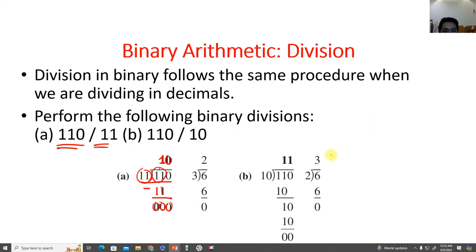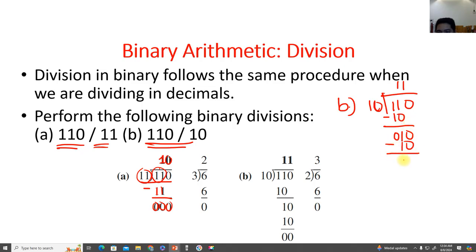Okay. So again, for number 2 or letter B, we are going to divide 1, 1, 0 by 1, 0. Okay. 1, 1, 0. So 1 first. 1 times 1, 0 is 1, 0. So you have 0 and then you have 1. Bring down another 1, so you have 1, 0 minus 1, 0 would be 0, 0. So that should be 1, 1. It's the same. Okay? In the next video, we'll be dealing with more complicated problems with binary.